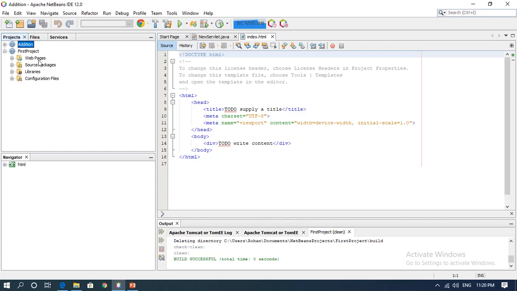So whatever HTML files, CSS files, PHP or JavaScript files or some other files which you are having, those particular files you can store in Web Pages. Further, if I expand this, these web pages are going to have 2 more folders. One is META-INF and the second one is WEB-INF.